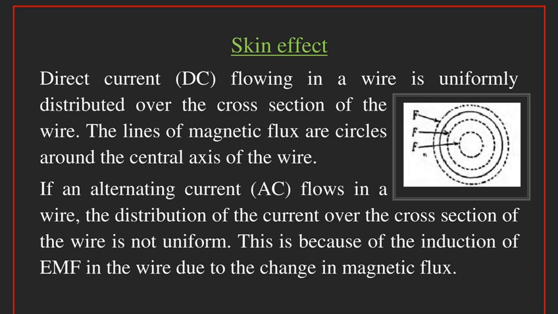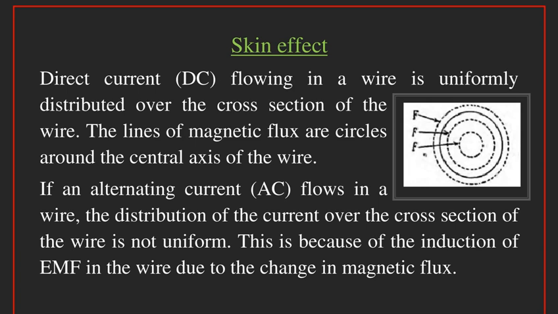So the lines of magnetic flux are circles around the central axis of the wire. If the wire is assumed to be placed perpendicular to the plane of the screen, then these dotted circles represent the magnetic field,